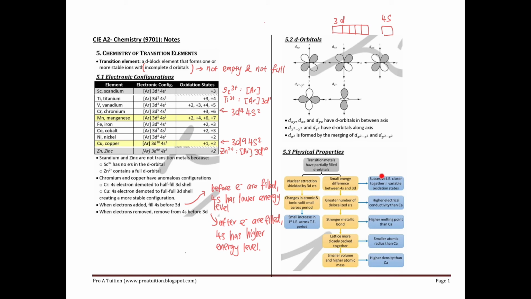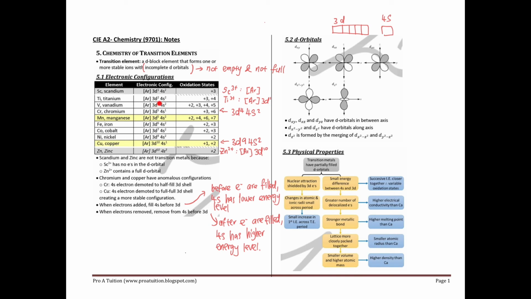Since the difference is very small, it ends up with the property here: successive ionization energies closer together, hence variable oxidation states. What is variable oxidation state? Vanadium can form +2, +3, +4, +5. That is variable oxidation state. Why can they do so? For example, for vanadium, removing 2 electrons from 4s2 is kind of easy. And removing electrons from 3d3 is kind of easy also, because